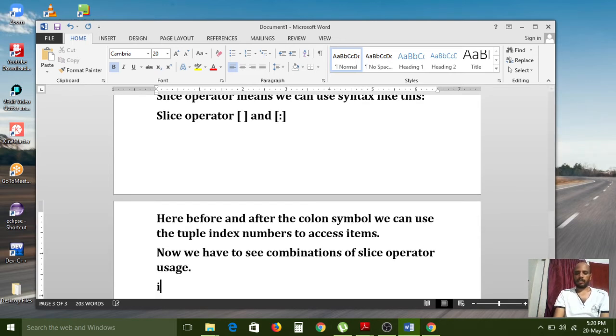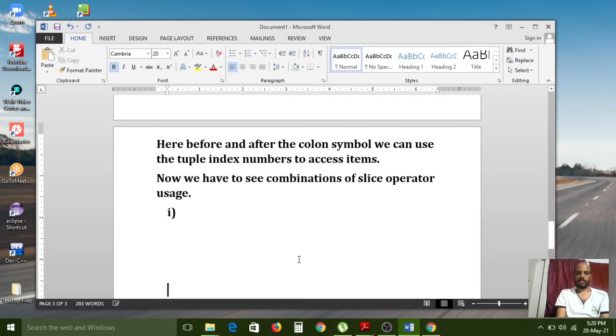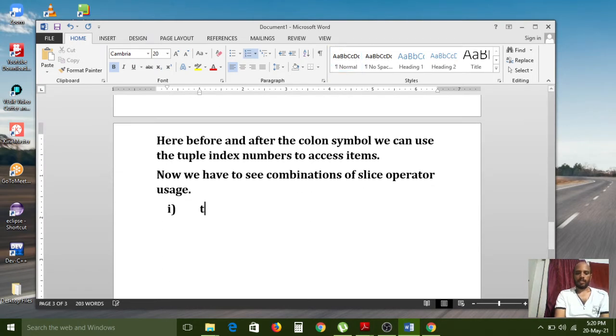First one, tuple square bracket colon. If you use it like this, then the entire tuple of elements will be printed.